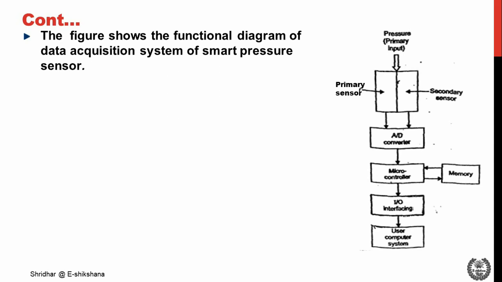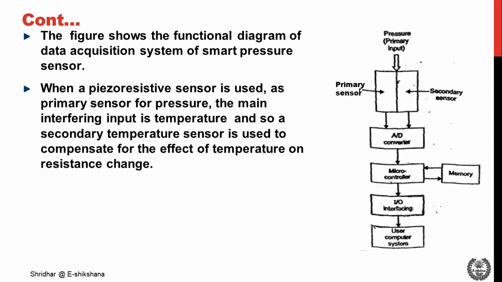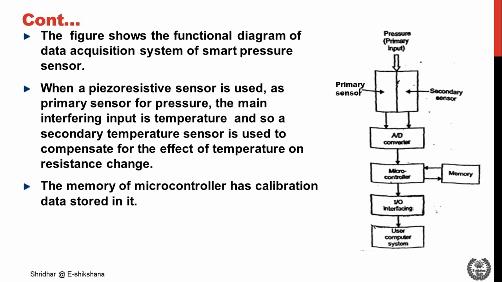The outputs of these are connected to an A to D converter, which in turn is connected to a microcontroller with a memory and an IO interfacing with the user computer system. When a piezoresistive sensor is used as a primary sensor for pressure, the main interfering input is temperature, and so a secondary temperature sensor is used to compensate for the effect of temperature on resistance change. The memory of the microcontroller has calibrated data stored in it. The microcontroller is essentially a microprocessor with